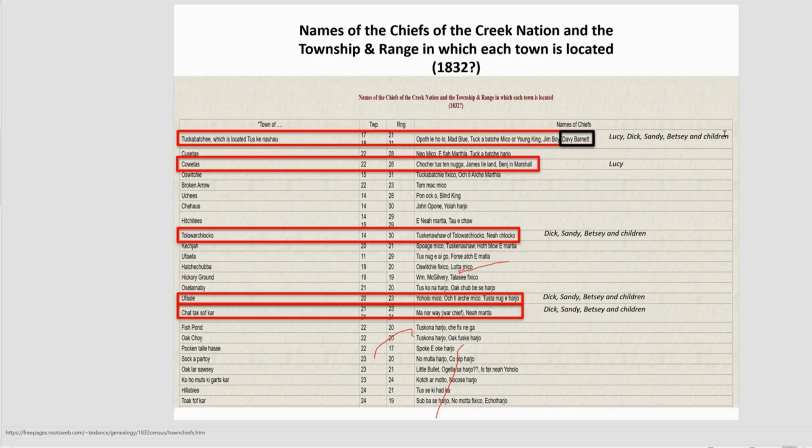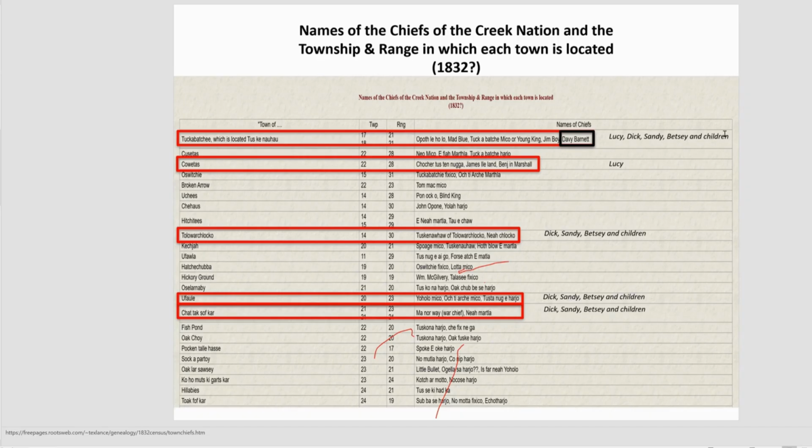And then one of the chiefs was named Davy Barnett. So now I'm making sense of the European names. I'm making sense of the record with this body of census and data set work. The Cowitas. Lucy was living amongst the Cowitas. Dick, Sandy, Betsy, and her children